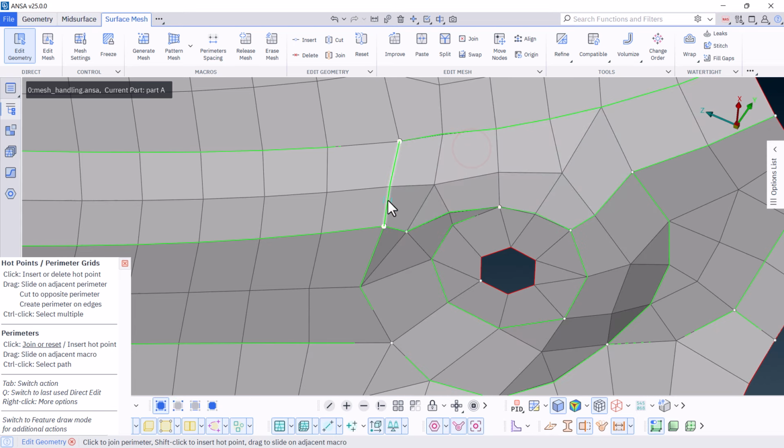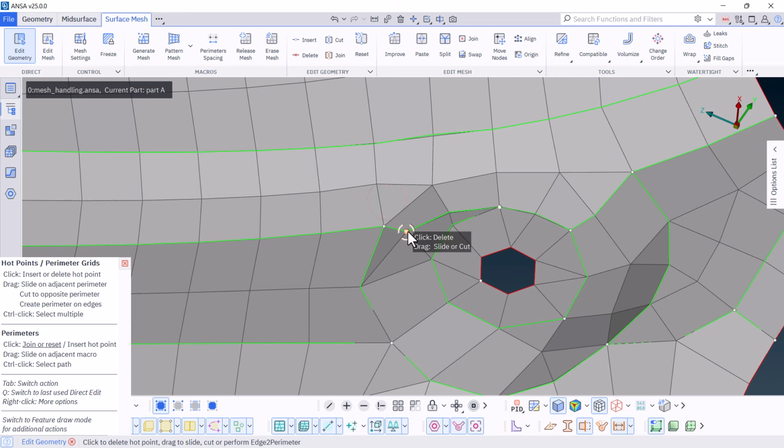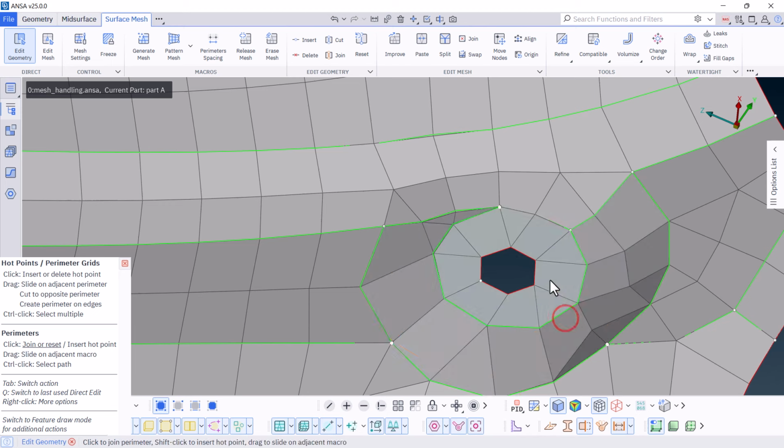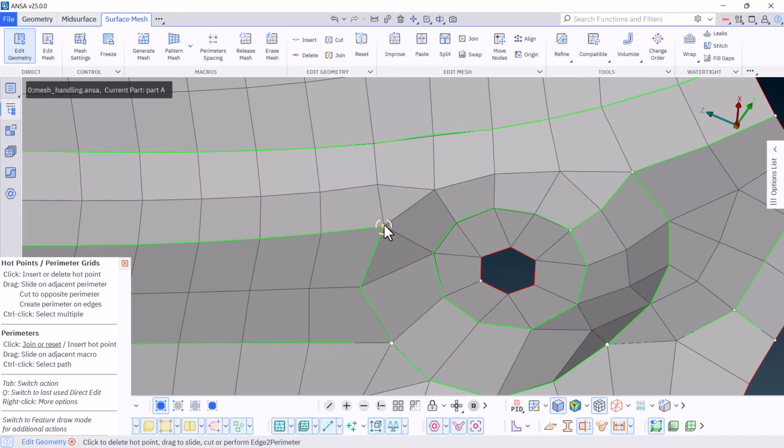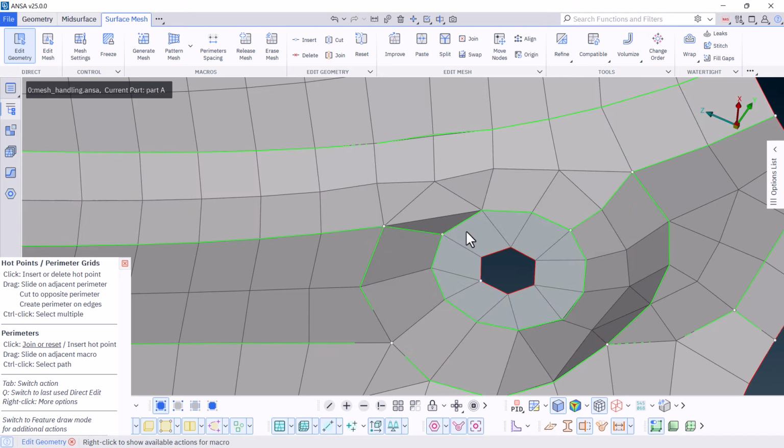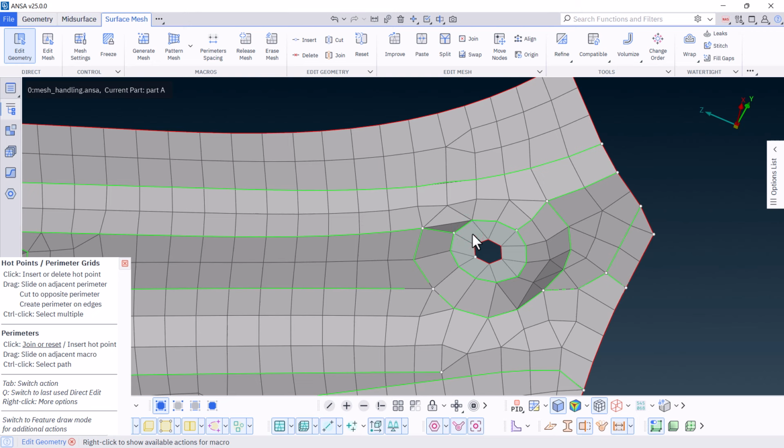This shortcut selects the type of entity that is highlighted the moment the key M is pressed. Drag a hot point towards a perimeter to cut the macro area, then click on unnecessary hot points to remove them. As you can see, using the DirectEdit Geometry tool, we hide or reappear cons to create a better geometric representation with the mesh. The selected perimeters are now joined.